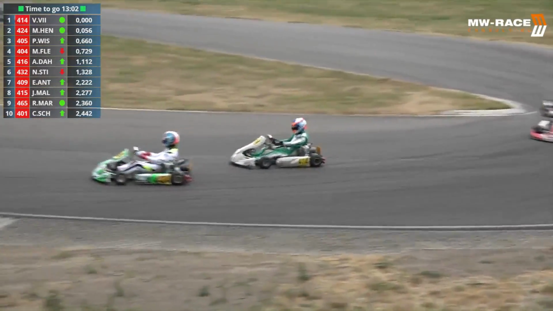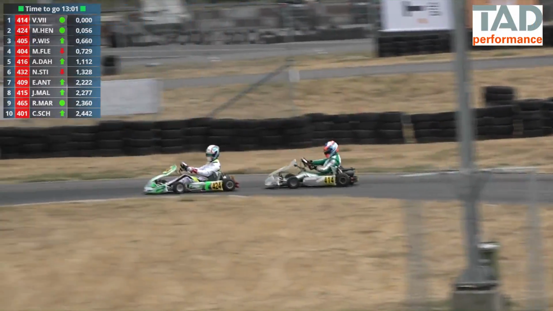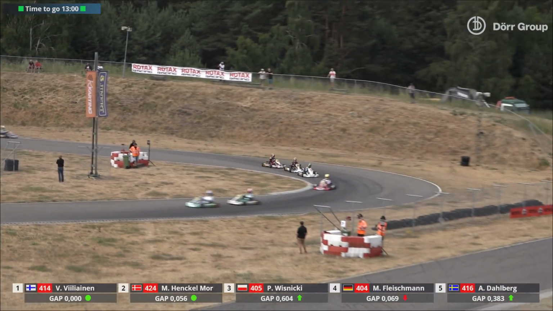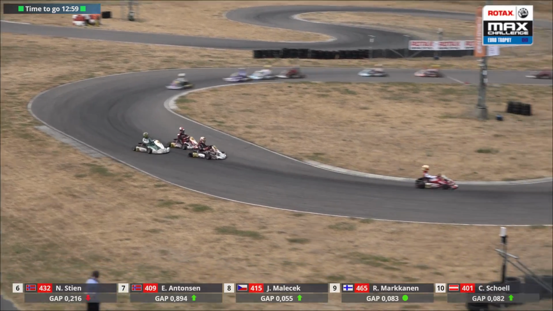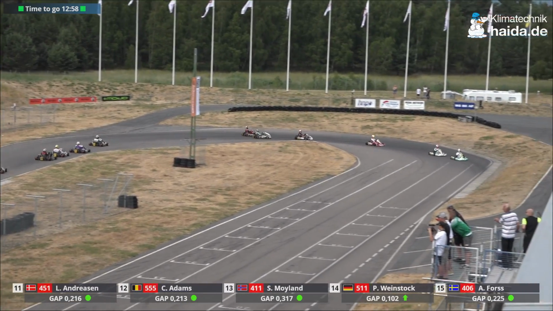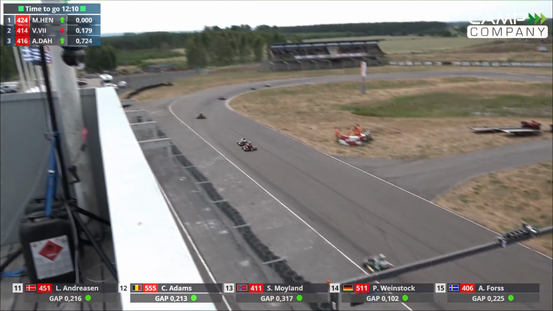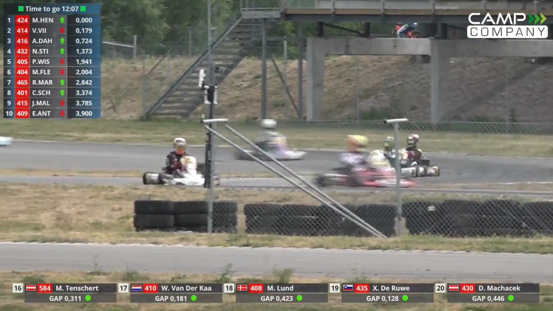As we've got more battling, and oh my goodness, where is Dahlberg coming from? He's coming from another country, I think, because he's just gone up into 3rd place. My goodness. The Swede is on the march, and he's not giving up without a fight. And it looks like we've also got the 432 of Nikolaj Steen in the top four. Max Fleischmann loses out in 5th position, now down into 6th. So Henkel Mortens leads from Villainen, Dahlberg, Steen, Wisnicki gets past the German Markkanen, Scholl, Malecek, and Antonsson round out